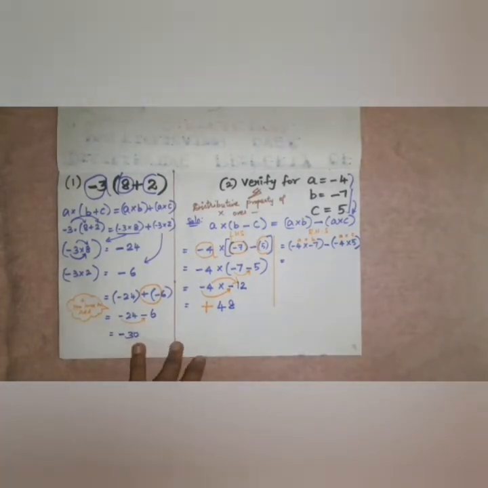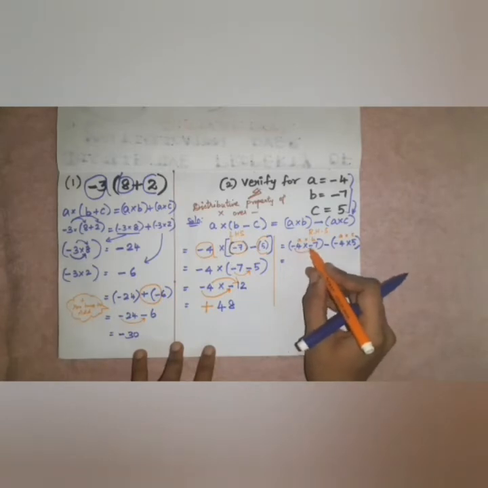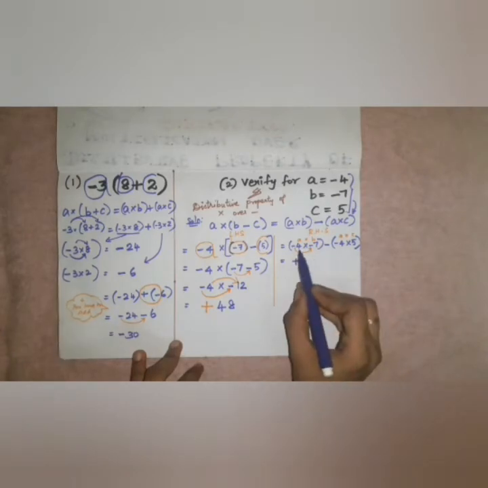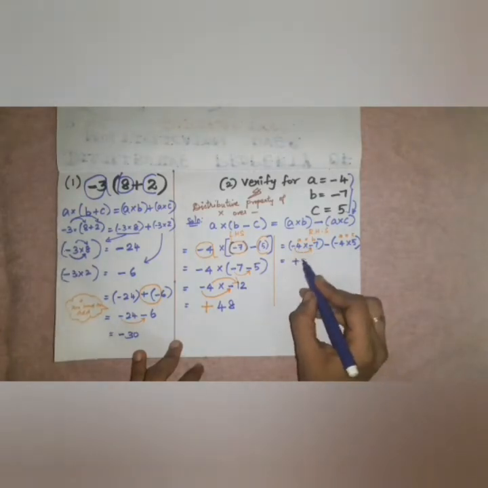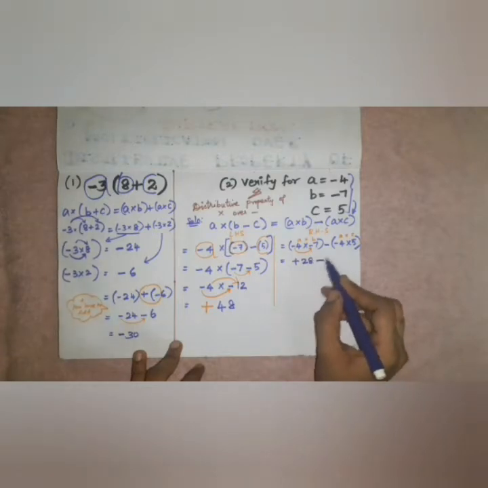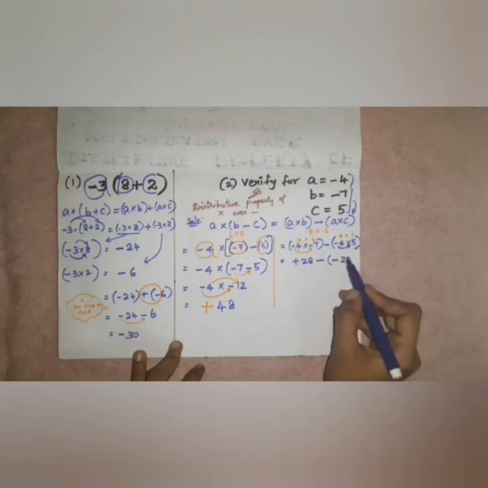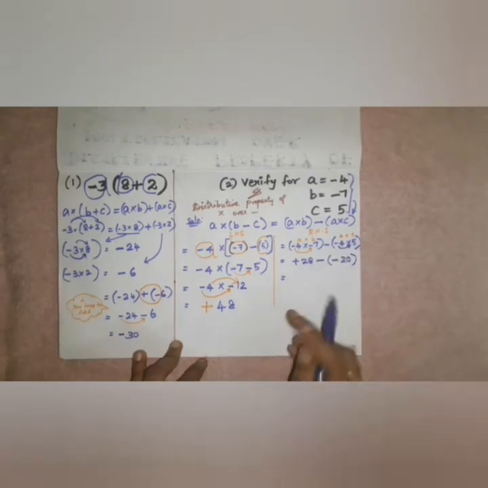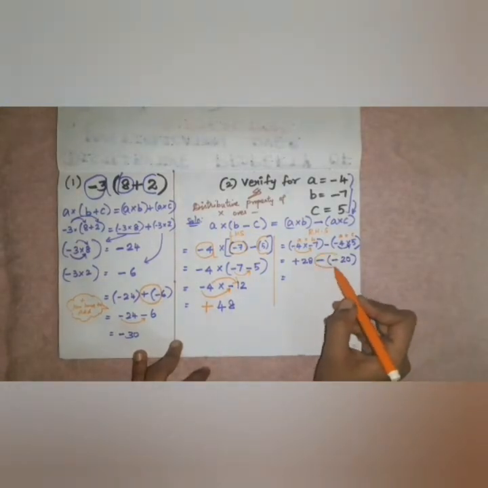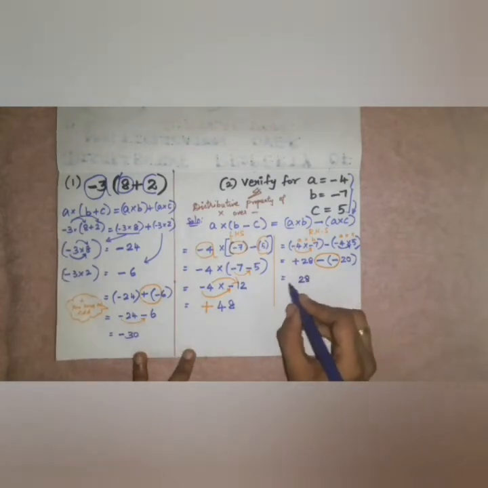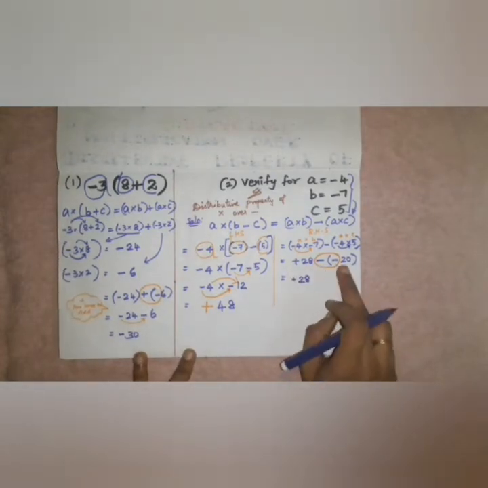It's multiplication, so you multiply and write the sign. Minus into minus is plus, 4 into 7 is 28. Good. The middle minus stays. Then we simplify the bracket: minus into plus is minus, 4 into 5 is 20, that is minus 20. Now you can see there are two signs. We need to club them together and make a single one. So it's 28 plus 28, minus into minus is plus.